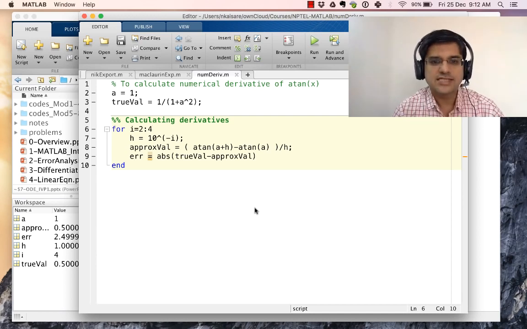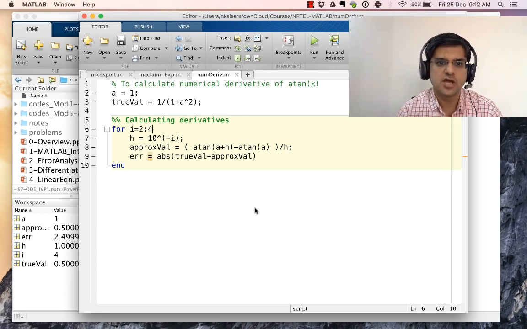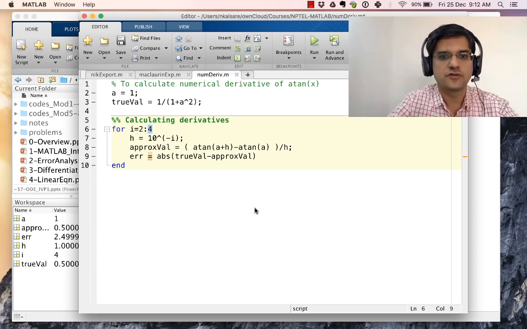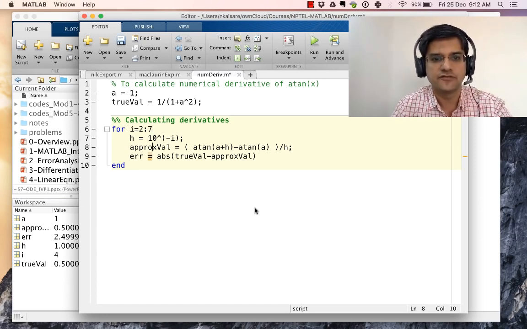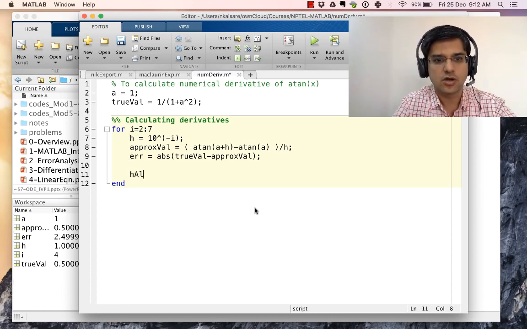Okay. So next, what I want to do is see how this error actually varies for a fairly large number of step sizes that we have taken. So instead of i going from 2 to 4, let me say i goes from, say, 2 to 7, for example. Okay, what I'm going to do also is save my h and error in two vectors, which I will call h all